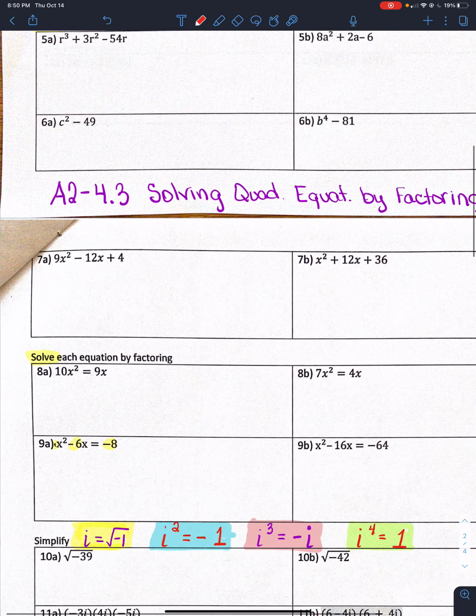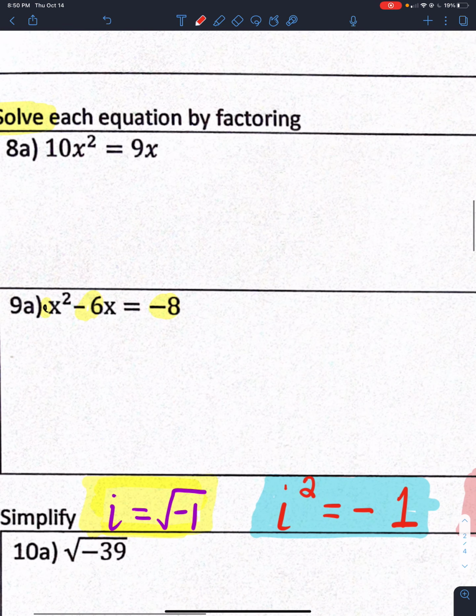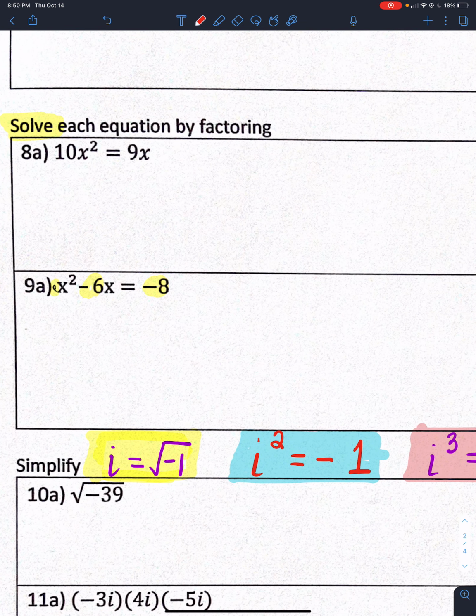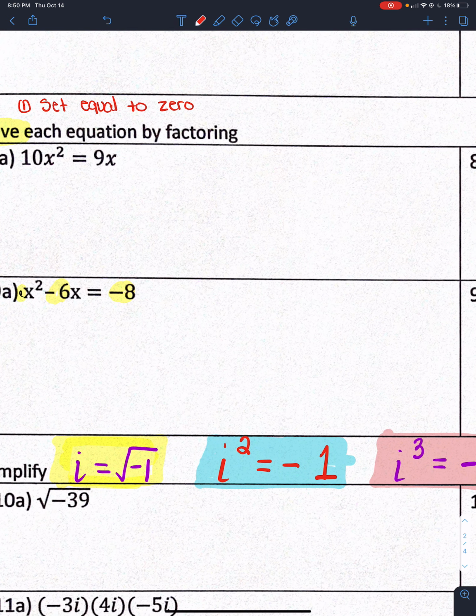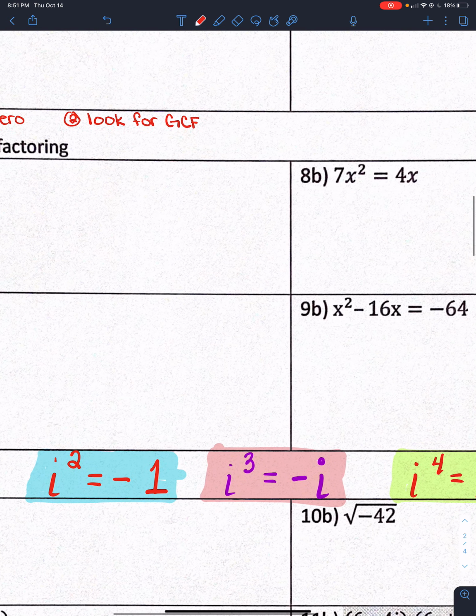let's go to number 8A. Okay, this time they want you to solve it. So before we can solve, you always have to factor. So first things, let me try to list as steps. Set equal to 0. That's the first thing you want to do. The second thing you want to do is look for a GCF. Like, what can they all be divided by? What's the greatest common factor? Okay. Then the third thing you want to do